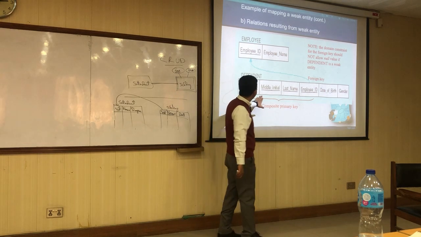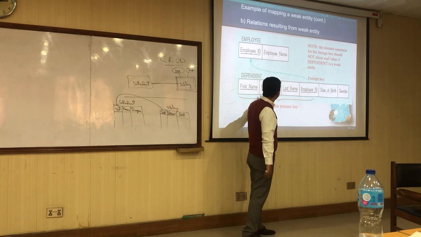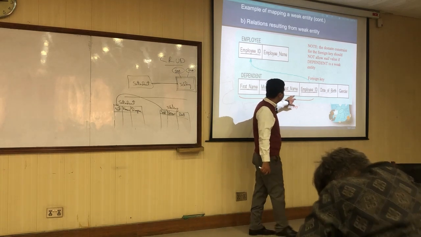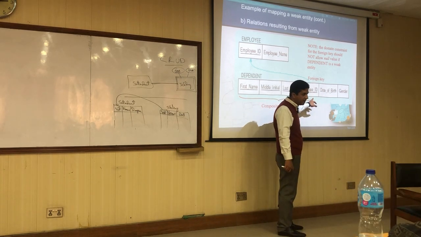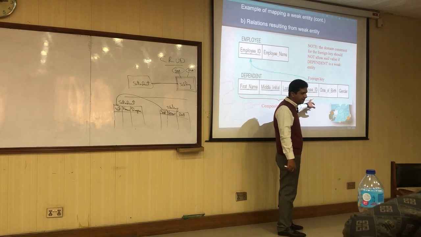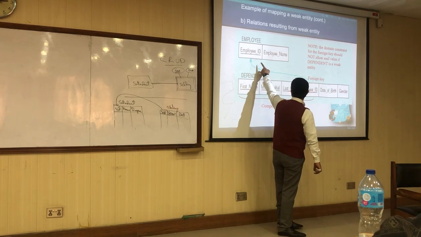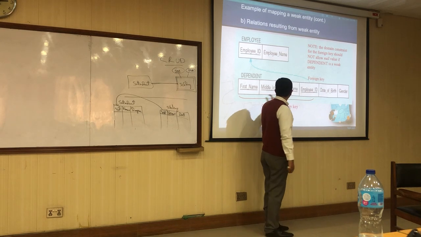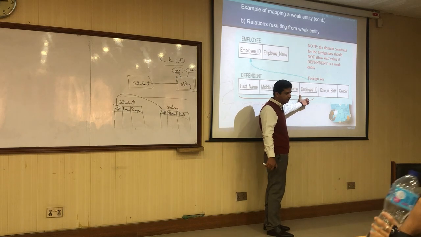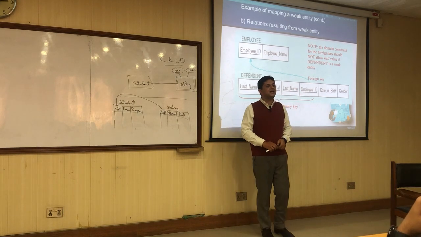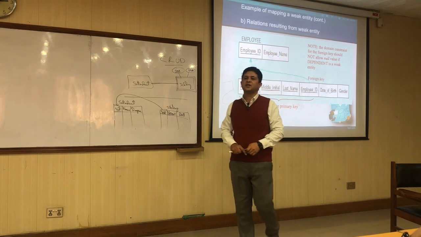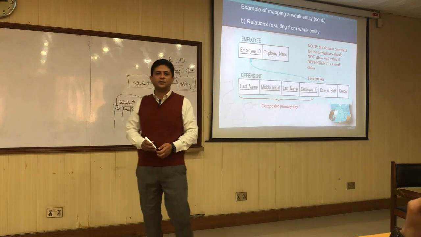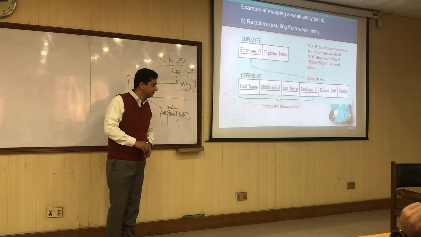So the partial identifier was first, middle, and last name. So this employee ID has been added, and this has been added as a foreign key, and this is basically referencing the primary key of the superior relation. Number one. Number two, now this partial identifier and this foreign key, they'll act as composite primary key for this newly created relation that represents the